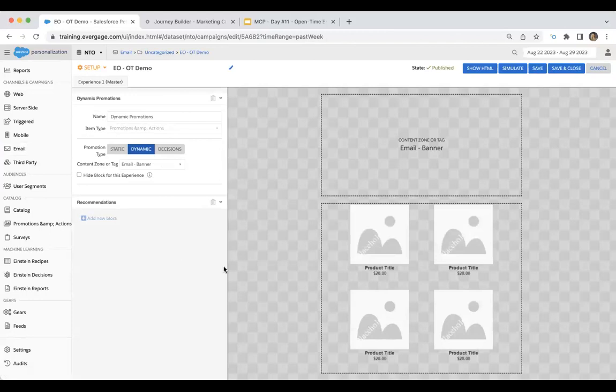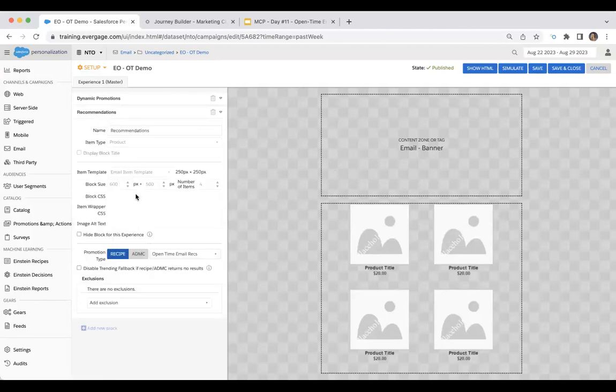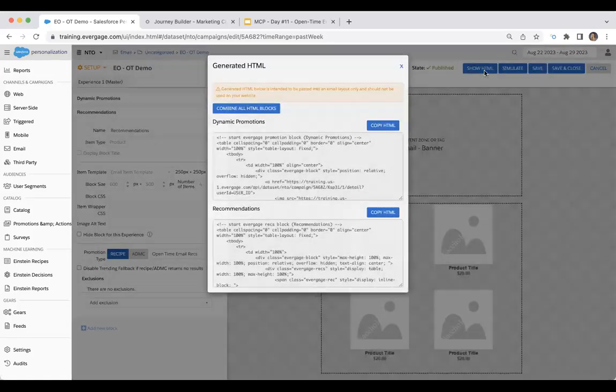So here is my already created and published, that's the important thing, open time ML campaign. It's called a campaign, but it's nothing to be really sent. This is just an addition to your final email that you will then create in Marketing Cloud. Once you have published this, I will show you around. One is just dynamic promotions based on an email banner. And we have recommendations of the item templates, just 4, based on the same recipe that we used in the previous demo. And because it's published, we have an option to show HTML, and I will show you